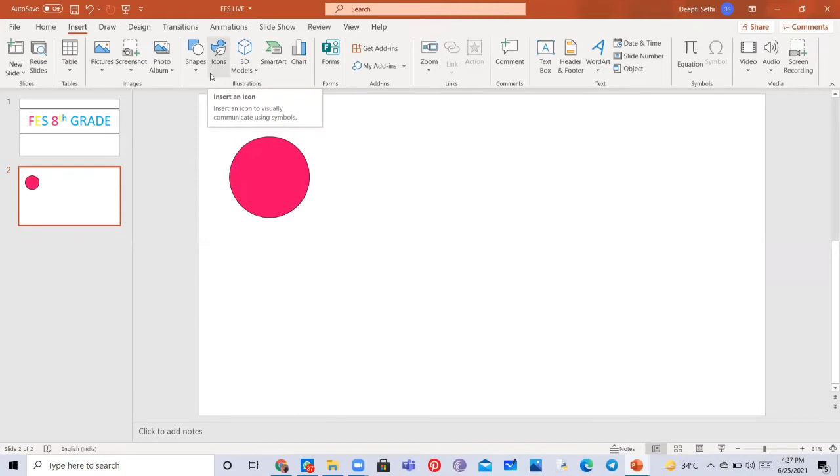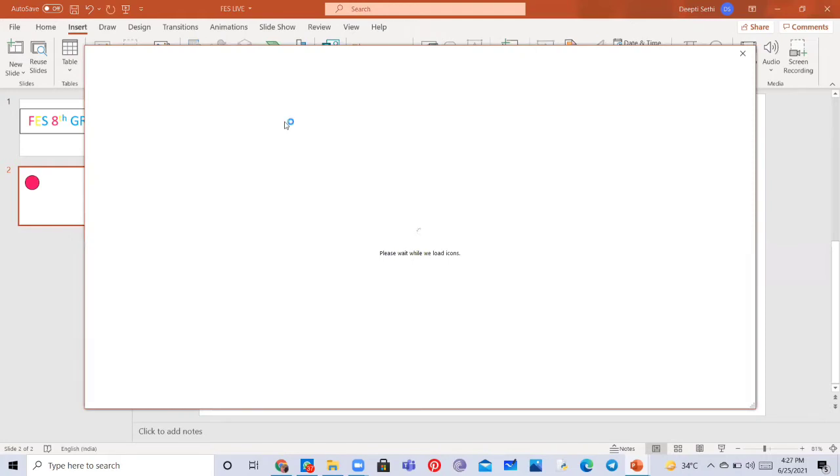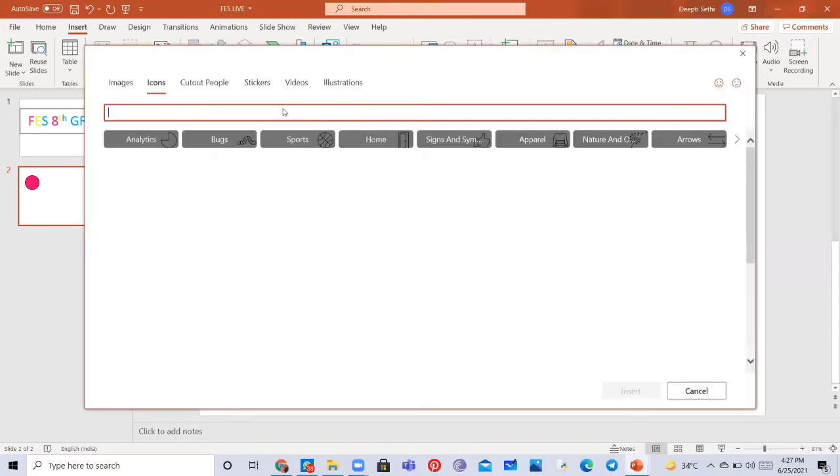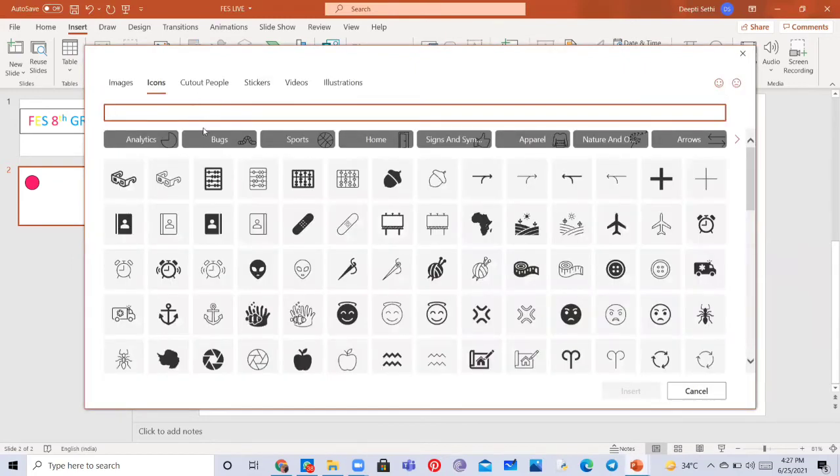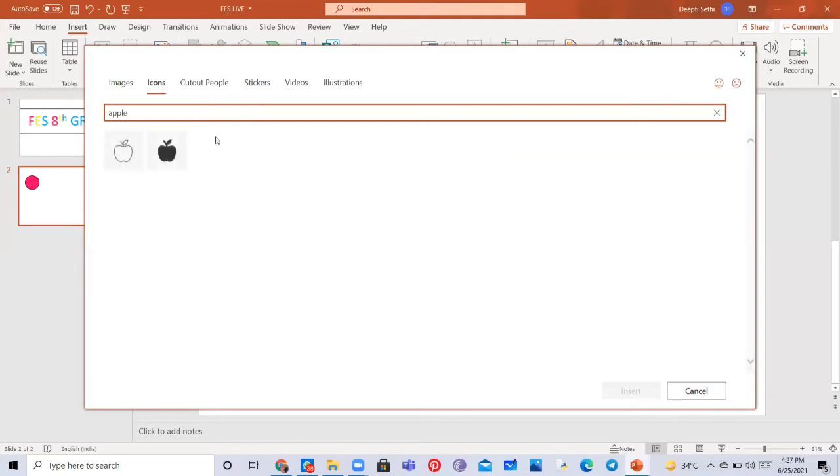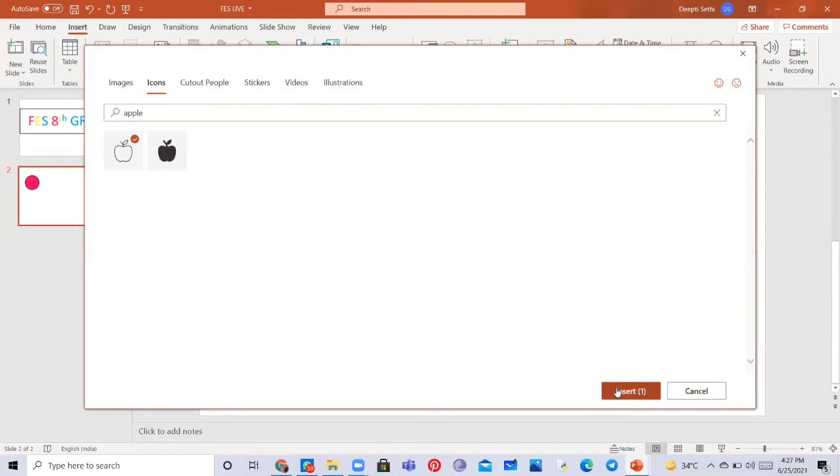Then from the insert option we can insert an icon. Icons give us a few options for inserting an image without any background, so it gives us a transparent background. Then you can search for apple, as we are going to first create meet your teachers, so I thought to add an apple.